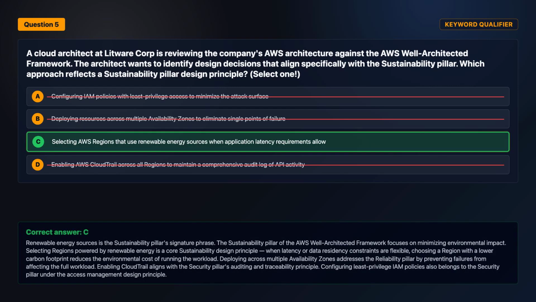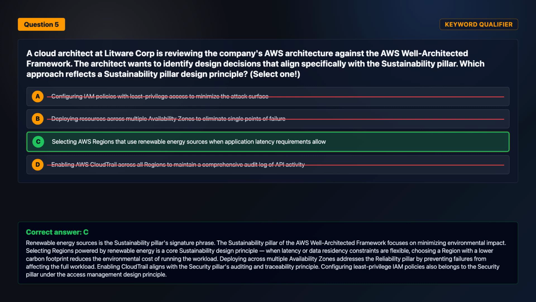The correct answer is option C. Renewable energy sources is the sustainability pillar's signature phrase. The sustainability pillar of the AWS Well-Architected Framework focuses on minimizing environmental impact. Selecting regions powered by renewable energy is a core sustainability design principle. When latency or data residency constraints are flexible, choosing a region with a lower carbon footprint reduces the environmental cost